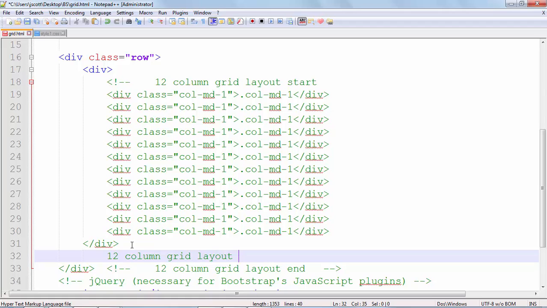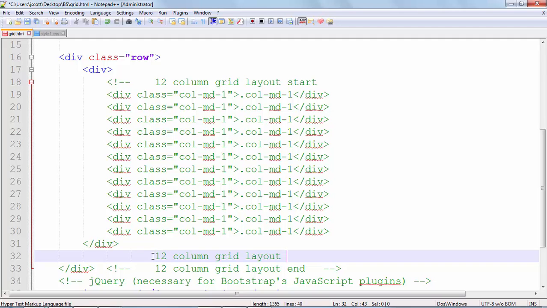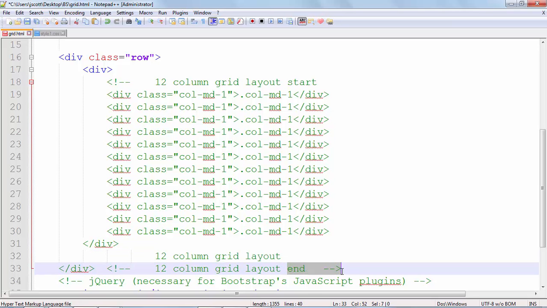Paste that in, and that will say 12 column grid. Well, I guess I could have taken it right from there, huh? And all right, so